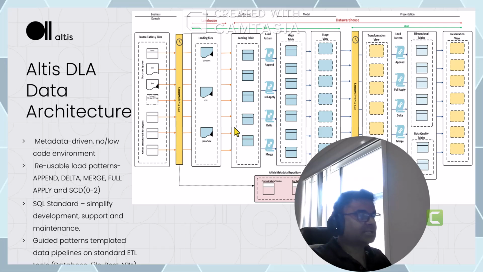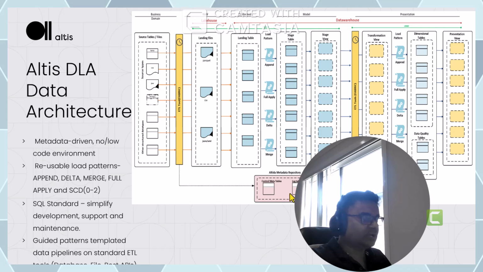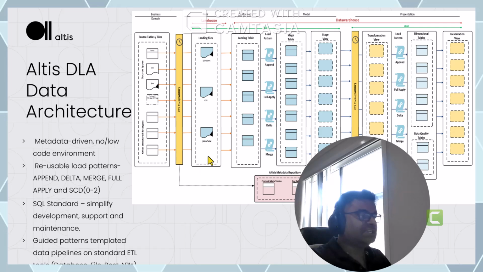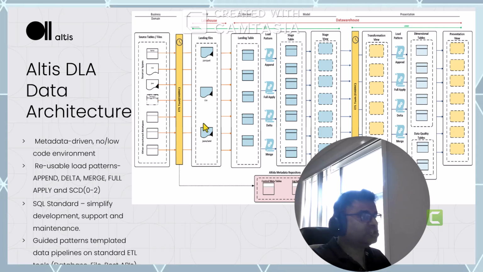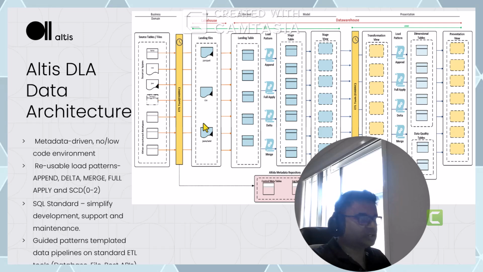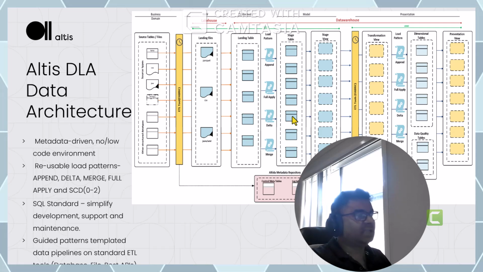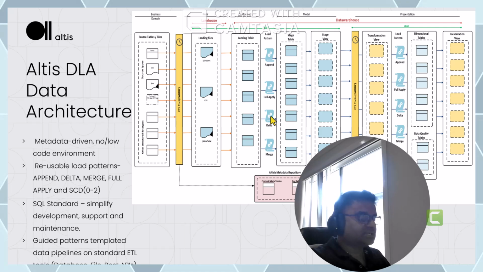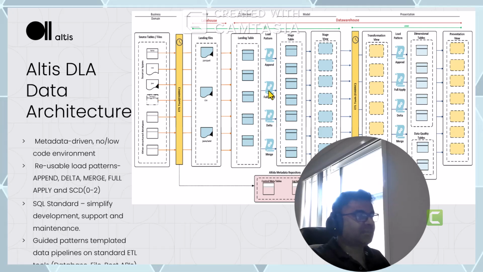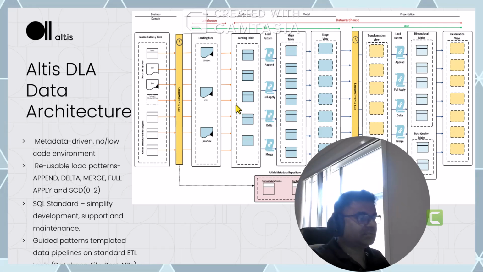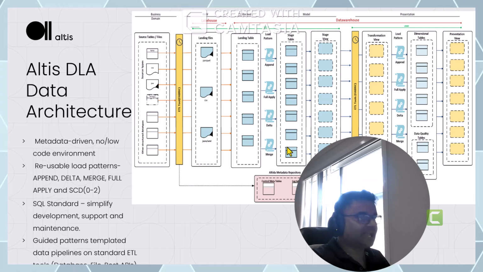These pipelines read the instructions from a configuration table called extract meta, ingest the raw data from the source systems into a data lake like Azure Blob Storage or S3, and then into your Snowflake landing and persistent zones. It uses predefined patterns such as append, full apply, delta, and merge for moving the data between your landing and